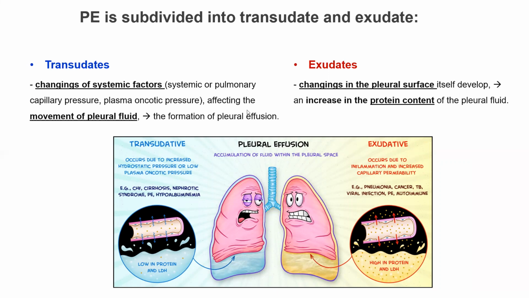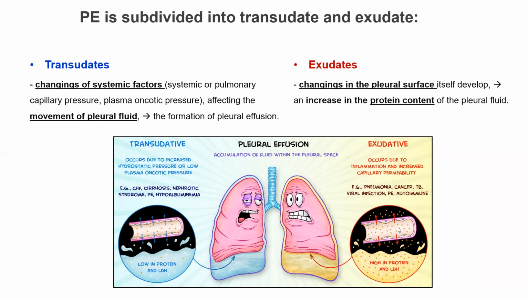Patients with exudate have changes in the pleural surface itself. Changes in the pleural surface itself develop, and it leads to an increase in the protein content in the pleural